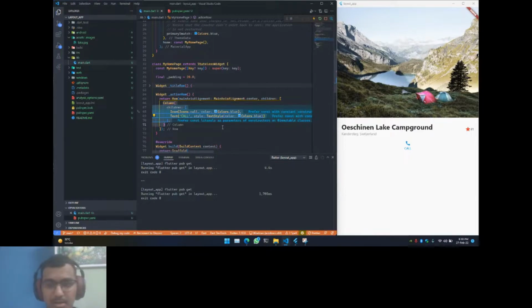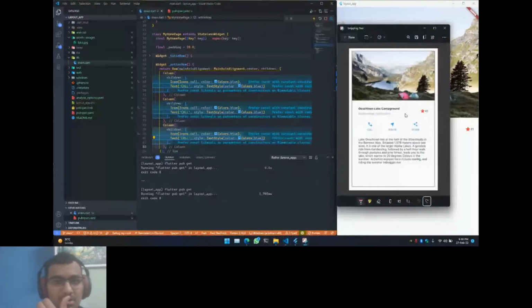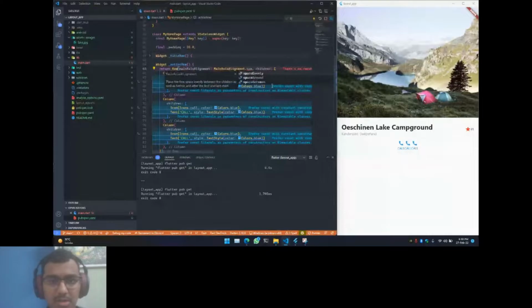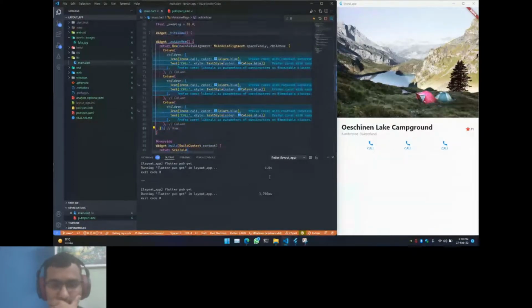So let me do this. Shift alt down. You can see this has happened, but I want them to be spaced evenly. So rather than center, I want space evenly. Okay, so these three have happened, but you can see here that for changing the icon and the text, most